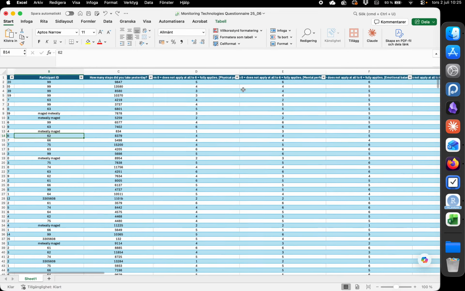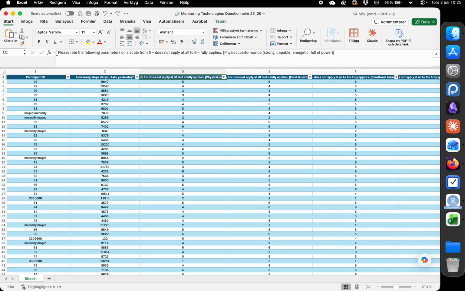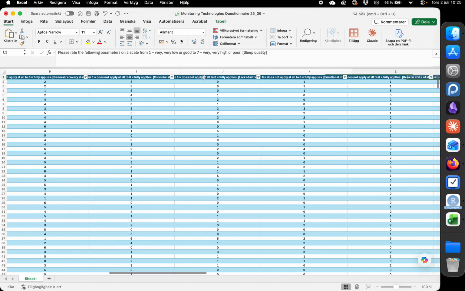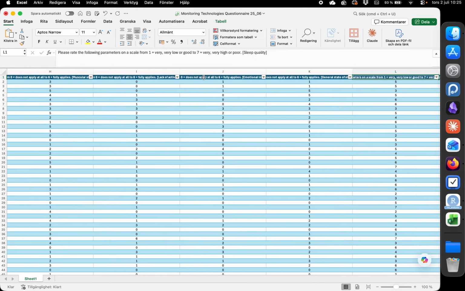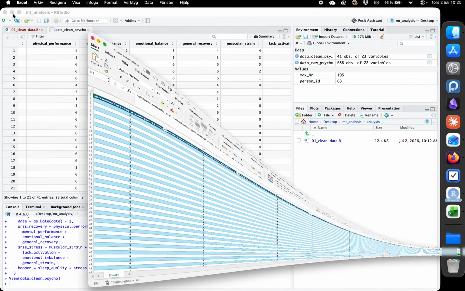And here we can see the full question and the scale. So these ones are from 0 to 6. Then we have some that are 1 to 7. These ones are all individual questions or items